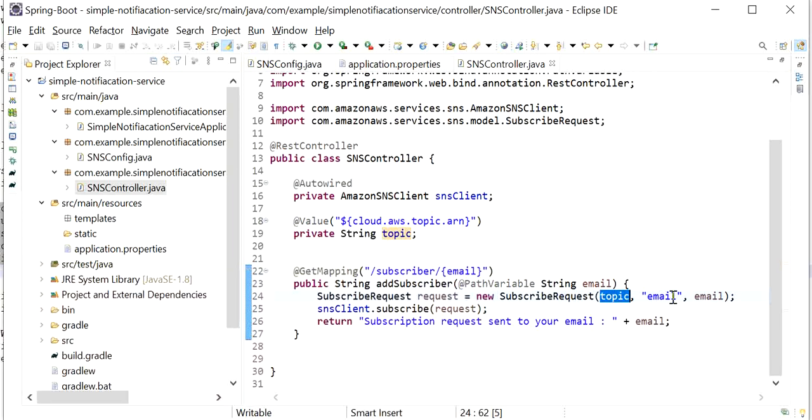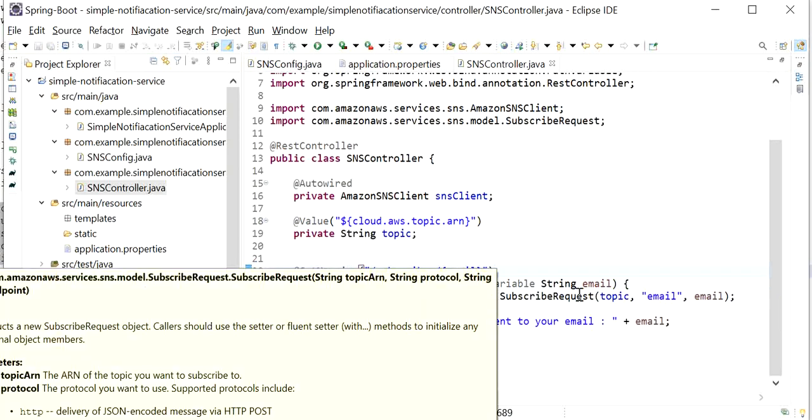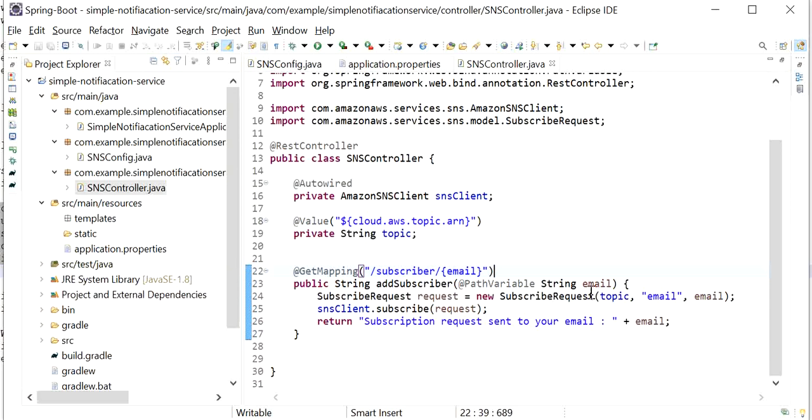If we are using SMS, then we can use SMS here and pass the mobile number. But here we are using email, so we need to pass the protocol as email, and the last one is the string endpoint, which will be our email address. So we will pass the email as a path variable, and this email as a subscriber will be added to our topic.